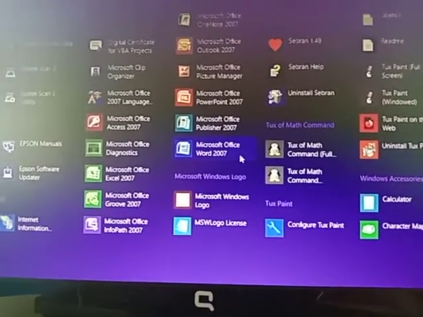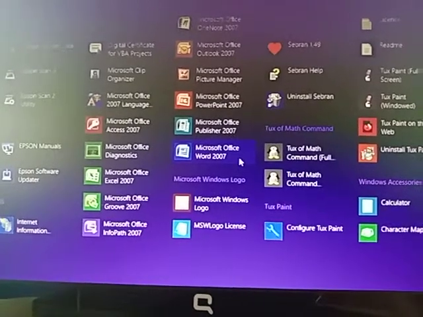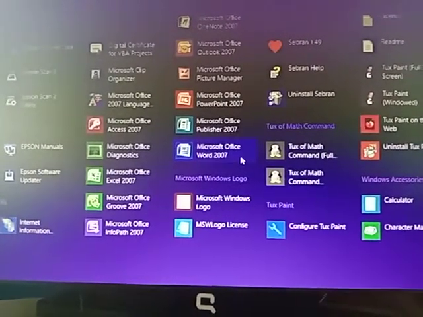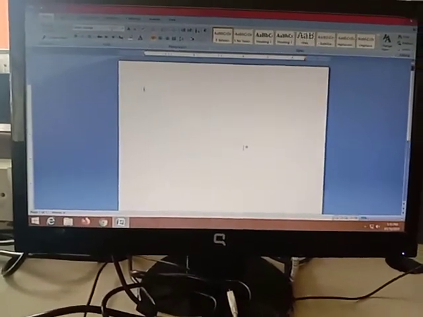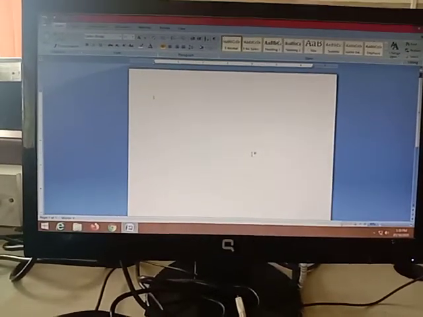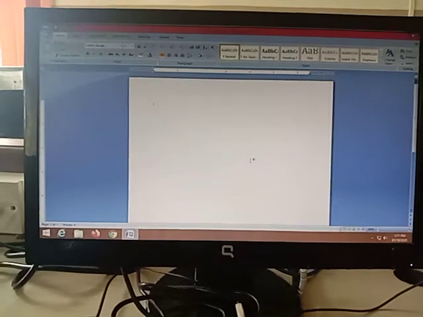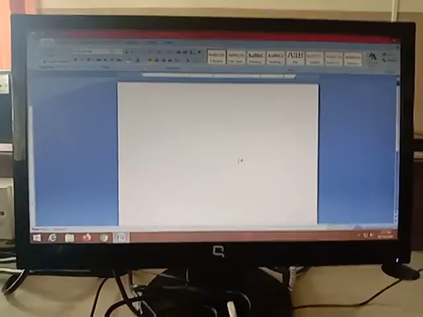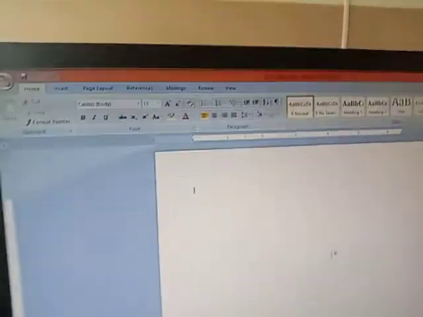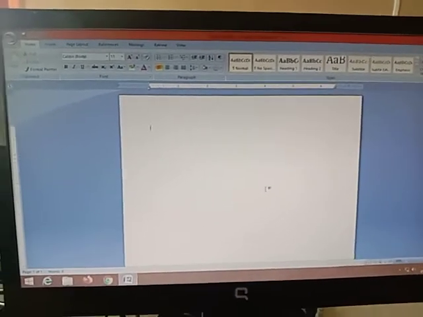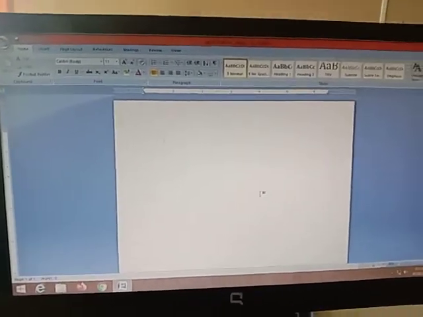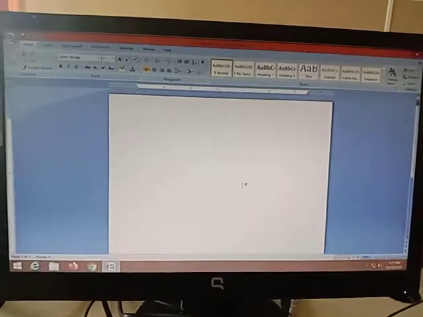The window is the same. So let us learn the basic things with the help of this application. When I click on this application, the application will be started this way. Can you see? Yes, children. So this is the first interface of your MS Word 2007. Even if you take 2016 also, the options will be the same. Now let us explain the first interface of MS Word 2007.